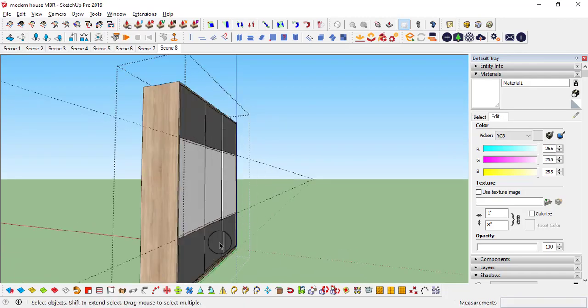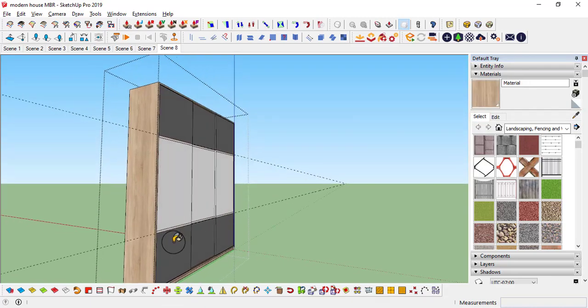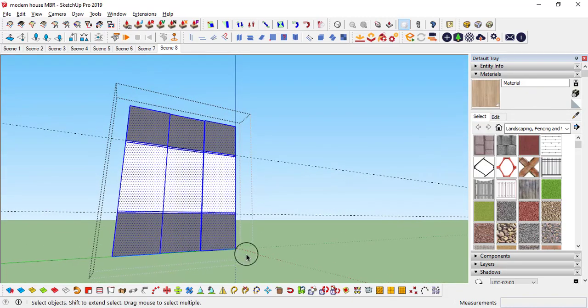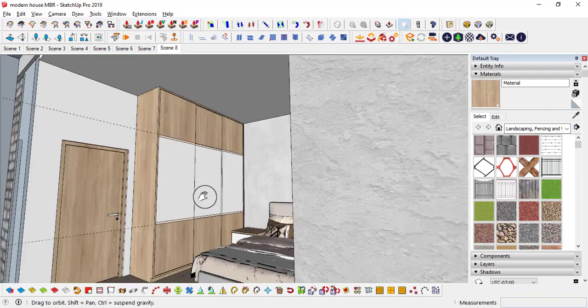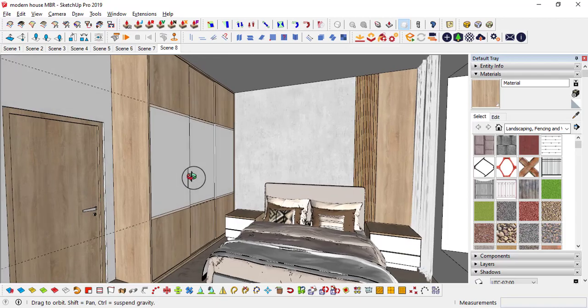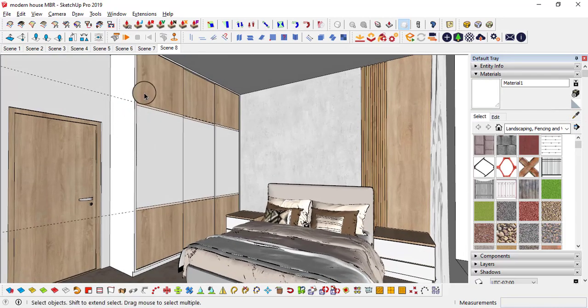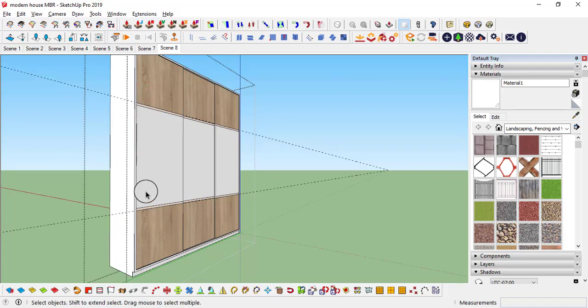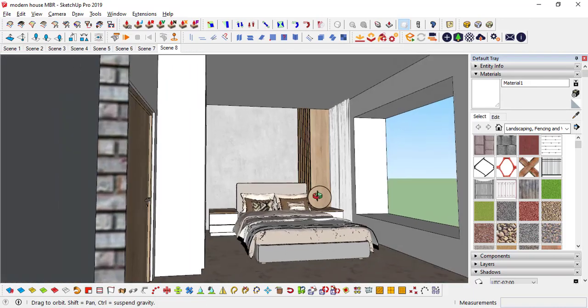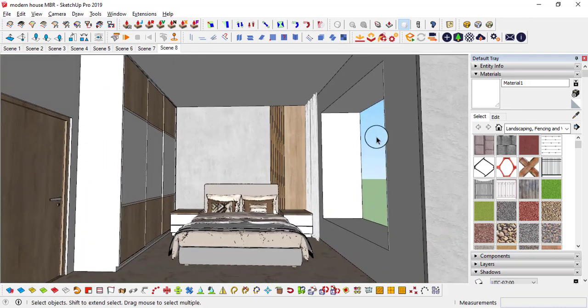So on both sides I want a wood texture. I can simply select this one and I can apply here and here, B. Okay, and the outer carcass should be white. This is how I want. Erase these two. Okay, so as you can see, here it is a sit out, and in the center I want a white one, and both sides I want a wood texture.